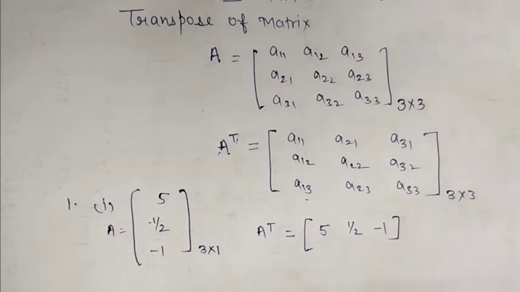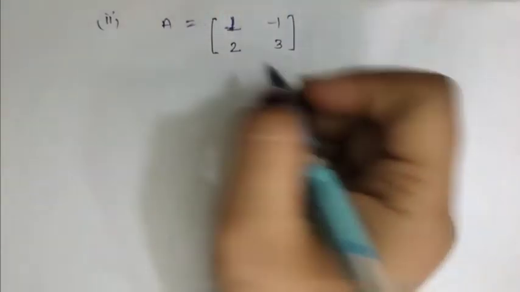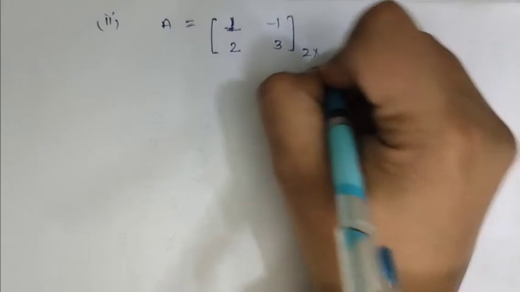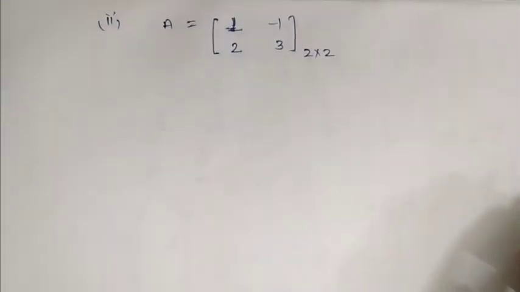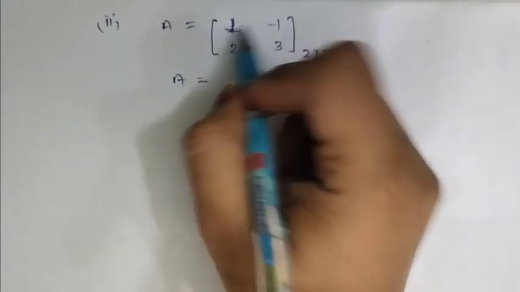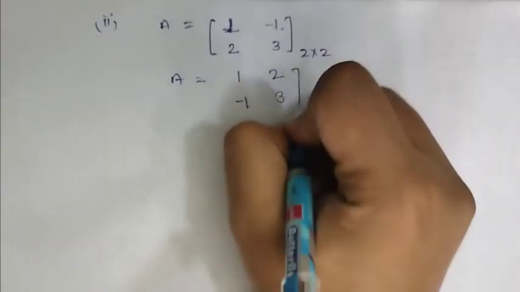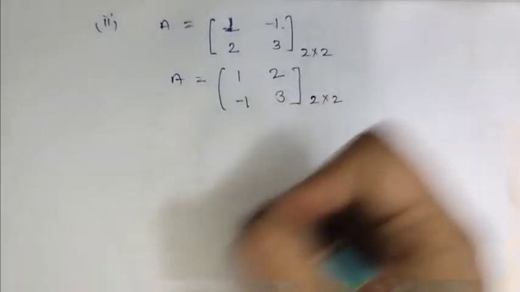That's it. Okay, now we have another matrix, that is question number 2. I'm going to solve it here. ठीक है, question number 2 we are having, कि हमें given है a matrix A equals 1, 2, minus 1 and 3, and we have to find the transpose of it. So as I told you, for finding the transpose of any matrix, we change column to row and row to column. So our answer will be, here I am writing 1 here and minus 1 here, 2, and here we can write 3. This is the transpose of the given matrix.